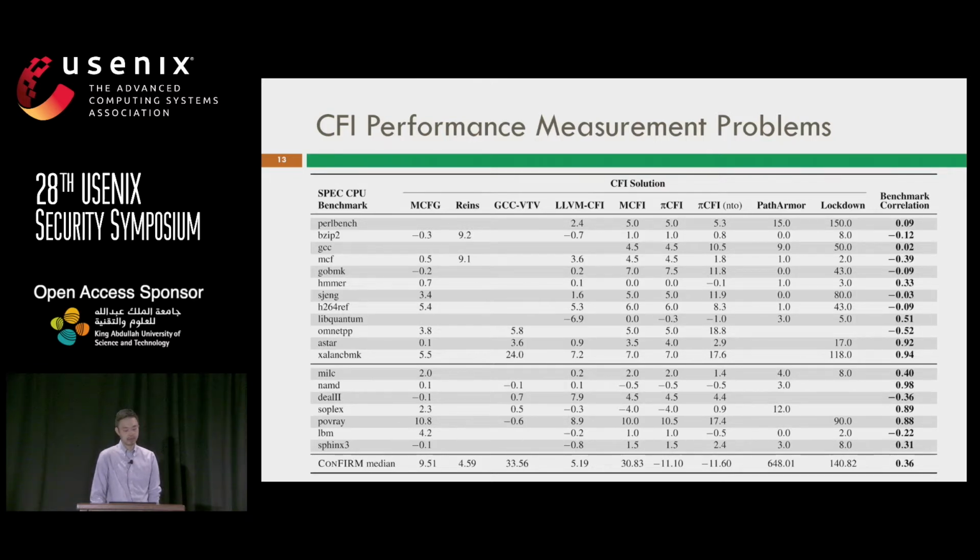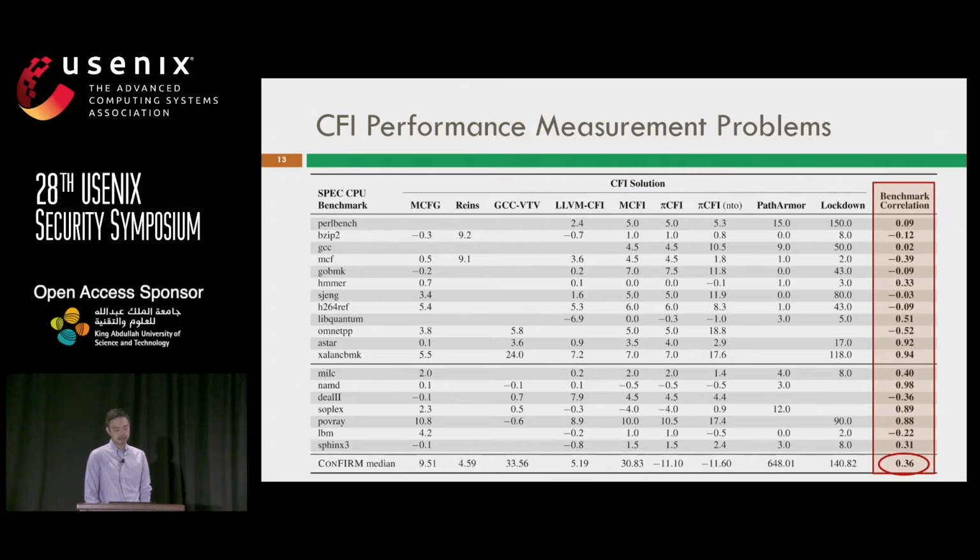Then we came up with this table. The correlation analysis results are listed on the right, ranging from -1 to 1. One indicates that the overhead of a SPEC CPU benchmark and confirmed overhead medians are most directly related, and -1 indicates most inversely related. So you can see that almost half of them even have negative correlations, and an overall